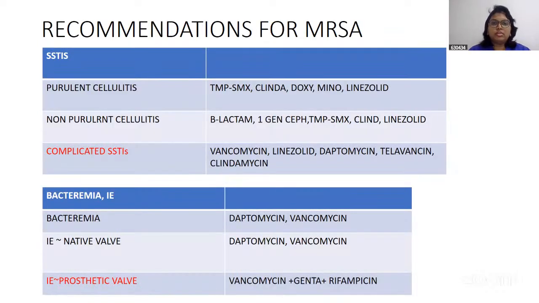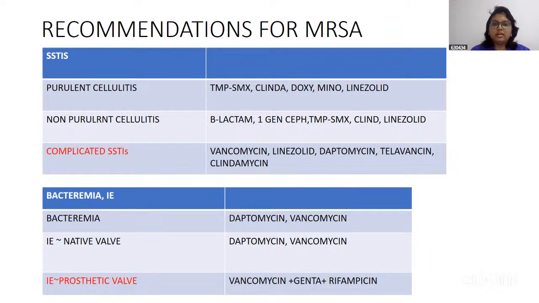So when it comes to ICU settings, mainly complicated SSTIs, skin and soft tissue infections, we all agree that vancomycin is our go-to drug immediately. Other options are daptomycin, telavancin, clindamycin, and linezolid. These are the options. If there is a bacteremia and infective endocarditis, for bacteremia, again, initially vancomycin is the